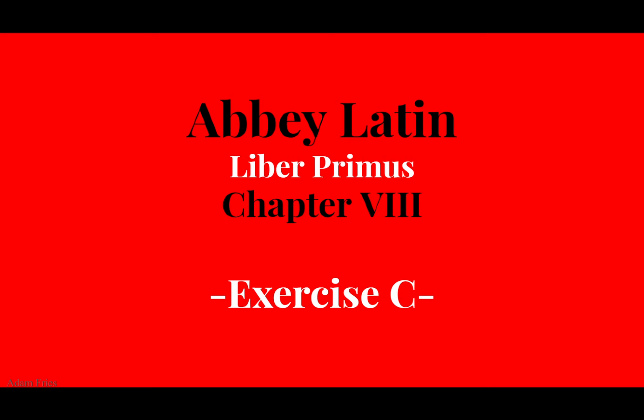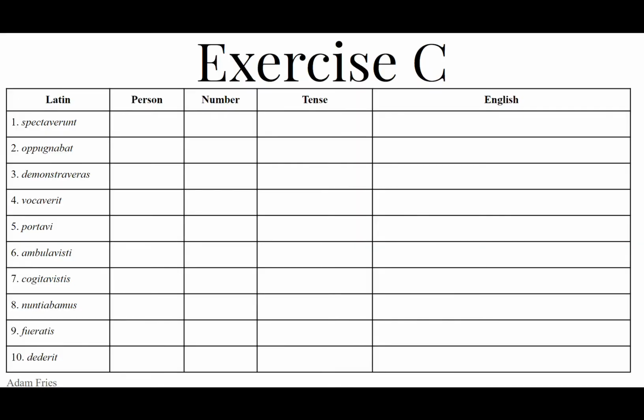This is exercise C of Chapter 8. We are to parse out these Latin verb forms, identifying the person, the number, and the tense of each, and then translate them into English. Starting with number 1,